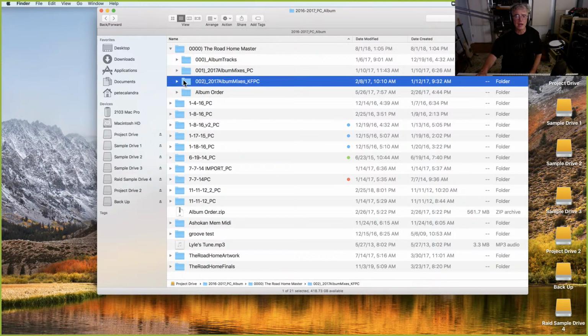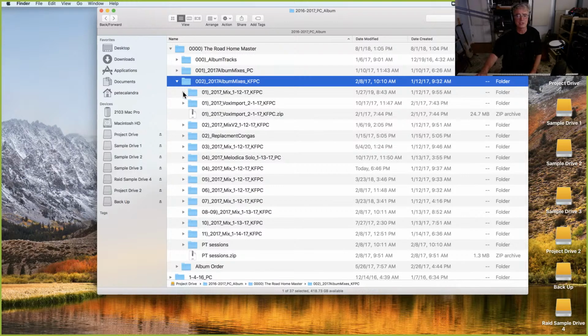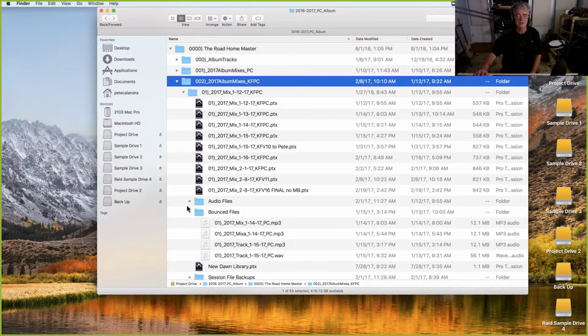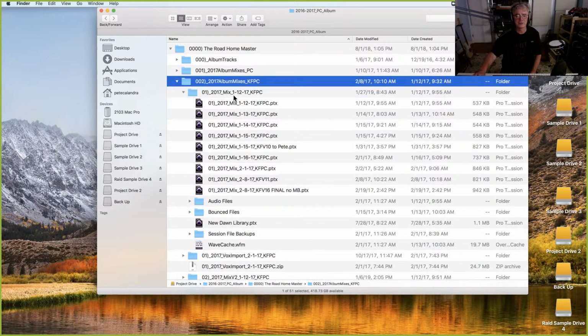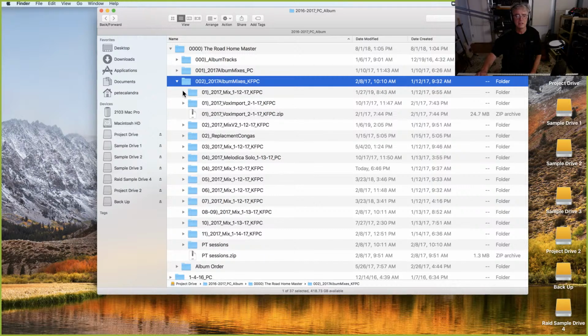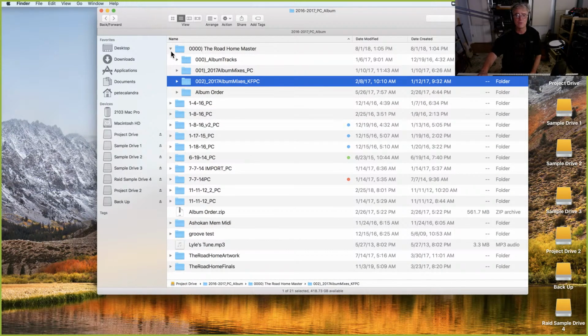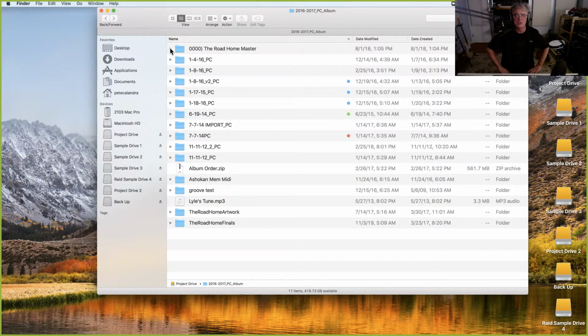I engineered and wrote all the music and arranged it, and I did some of the mixing, and then I sent the final mix over to my friend Ken, and notice that he's got his initials on this folder as well. So what I did is I uploaded this entire folder with everything in it to Dropbox, and he downloaded it, and then we just passed these little session files back and forth, and you could see that we've got all these different versions